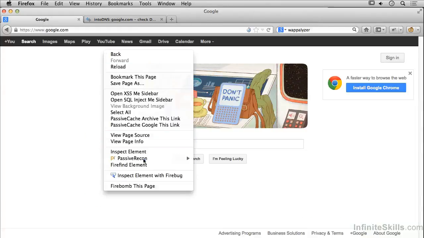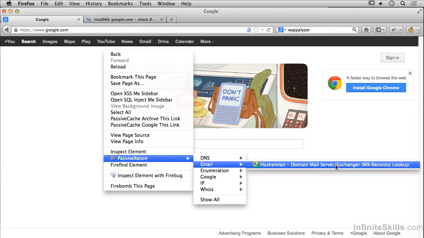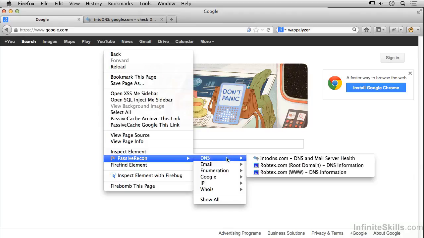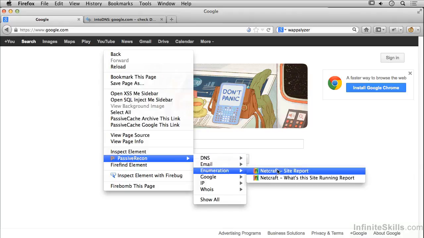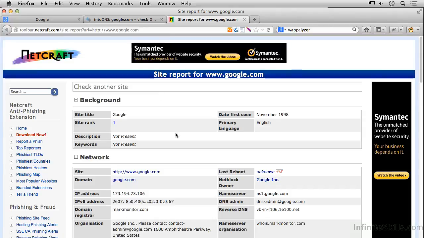I can go back to Passive Recon here. I can do the lookup on domain mail server exchanger lookups. We actually got some of that information back from DNS. I could do a Netcraft site report. And now I'm going to go over to this tab here, and I'm going to get a Netcraft site report